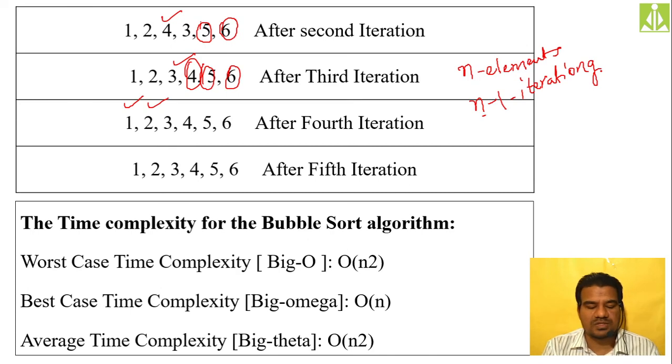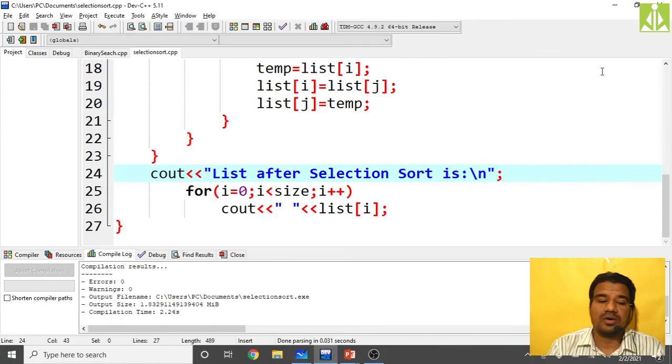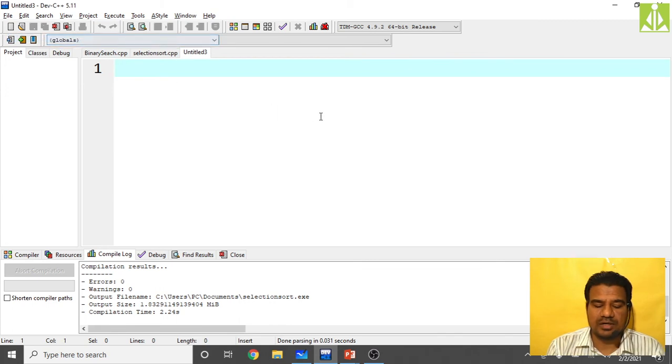So quickly we'll see the implementation of this bubble sort as well. So we'll go to the IDE, take an empty source file and start writing your code. Here also we'll do the same approach. First we declare the variables, then we read the list, then we perform the bubble sort, and finally we print the list.